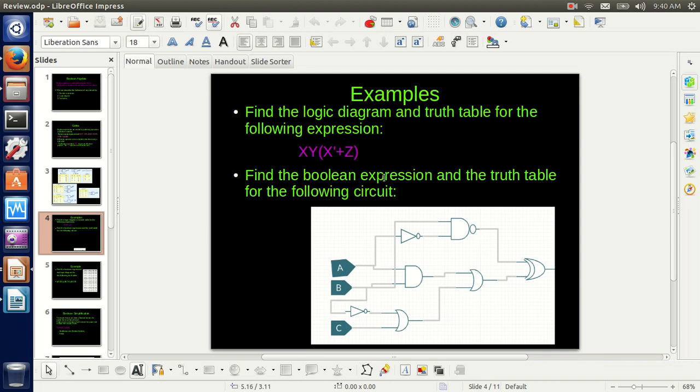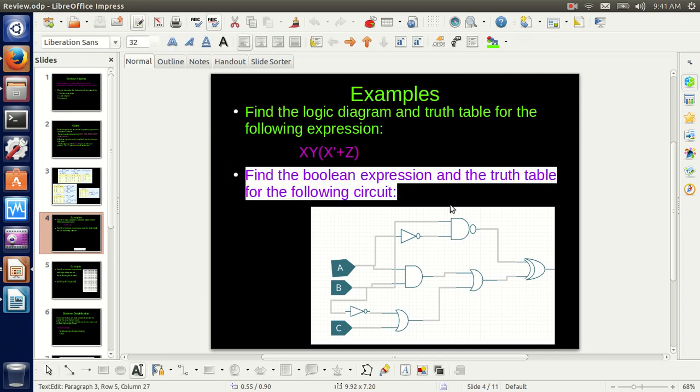Now here's another example. Okay, so the first one I got a Boolean expression, and I found the logic diagram and truth table. So now what if I give you the logic diagram and tell you to sketch the table and give me the Boolean expression? Let's see this. What do we have here? Where do we start? Are we gonna start with this or this or this or this? Usually I prefer starting from lower and going up. So here, what's this? I'm gonna have an OR, and let's write it here to make it easier,